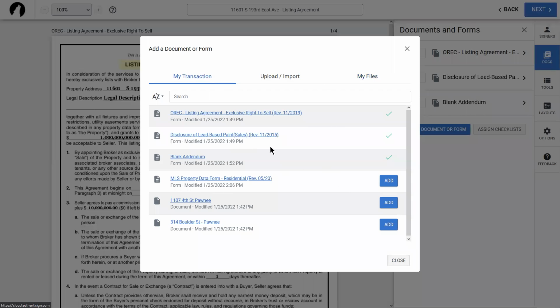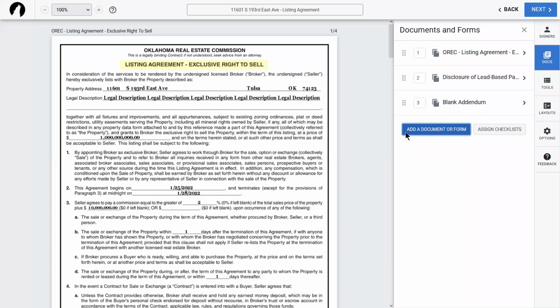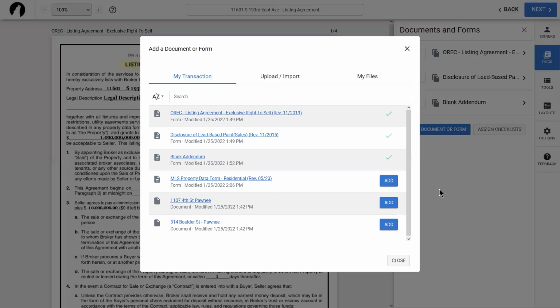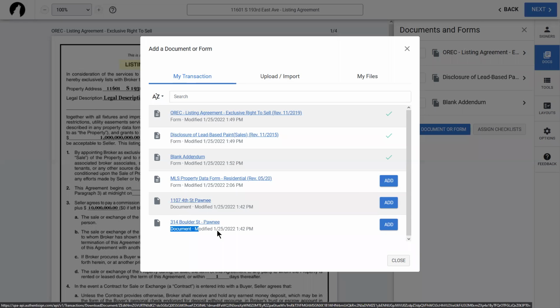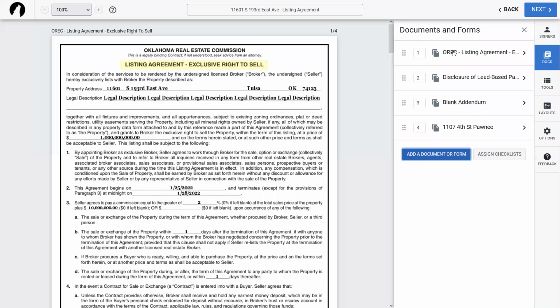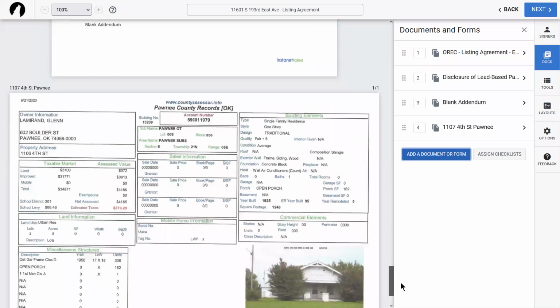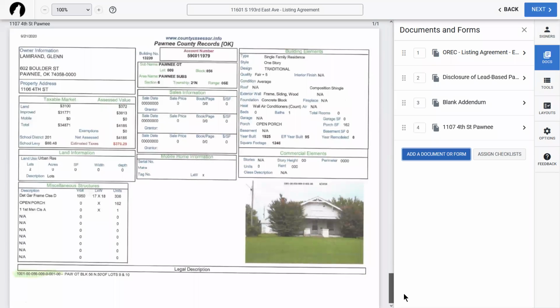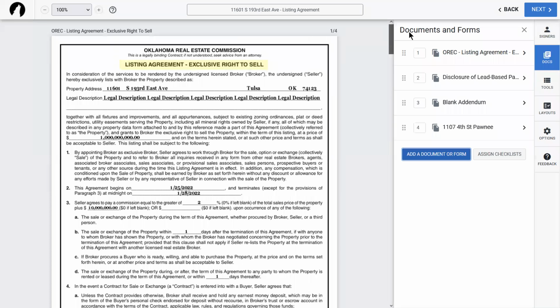Excellent. So actually, I think they've removed one of the possibilities of how we could add that. The real thing that you guys have to remember is if you end up needing to add a form or document that maybe was already filled out on this transaction, when you click on add a document or form, this My Transaction is going to show you all of your forms and all of your documents. So here's our separated tax record information that we had from before. So if I click on the Pawnee Street one, we'll just pretend that's actually for this one. Now I have down at the very bottom of all of this, that tax record form.